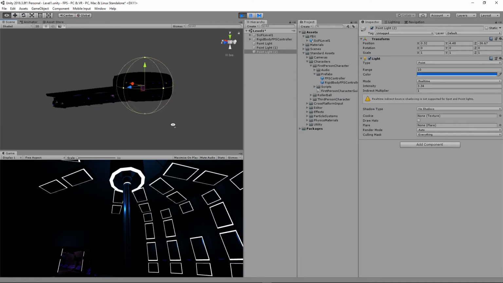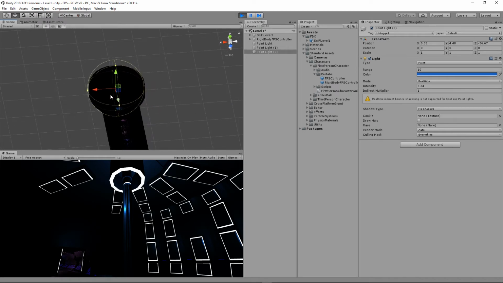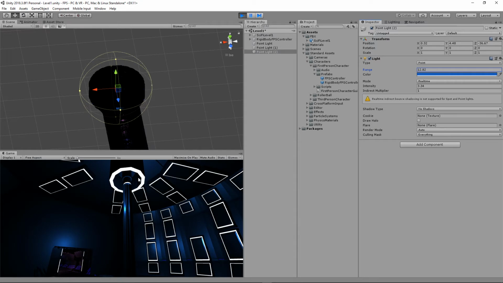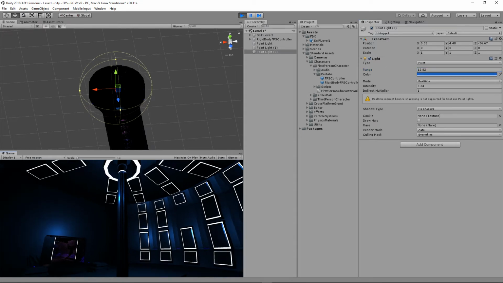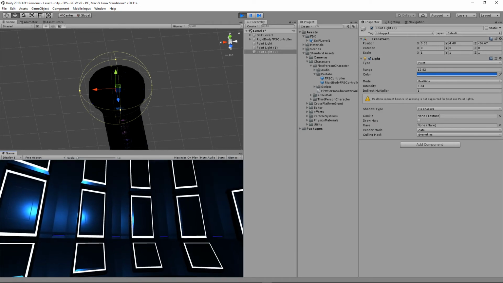Okay. And then what I should do is, you can see the range of this light is very close to being the range, so it's not touching the walls, the light, and now it is. So if I click back here, I can see a much better